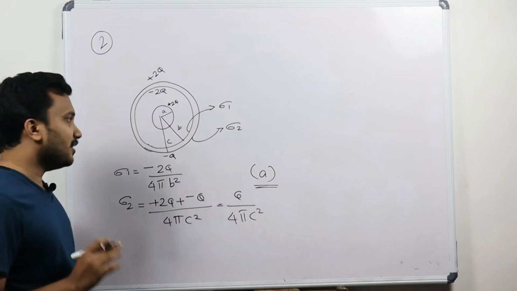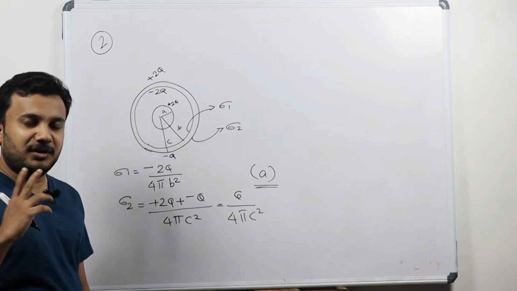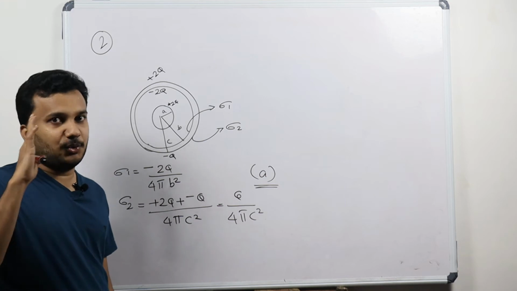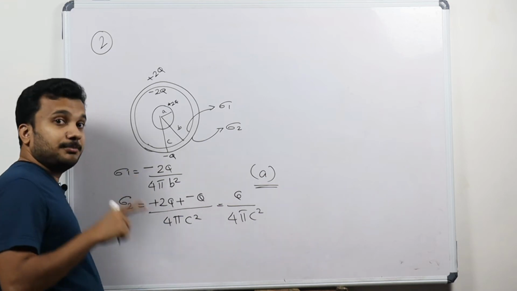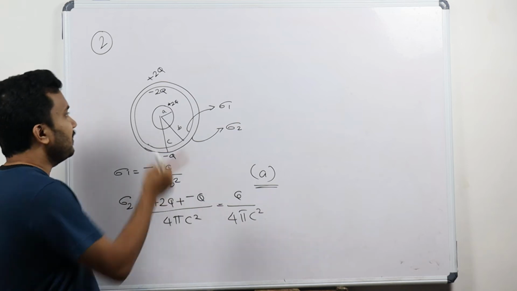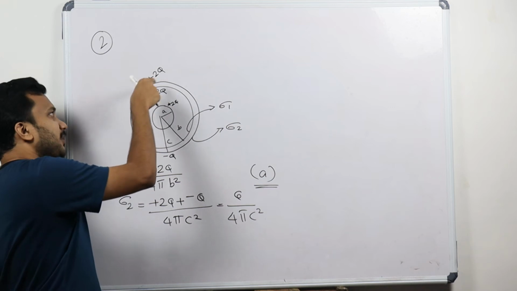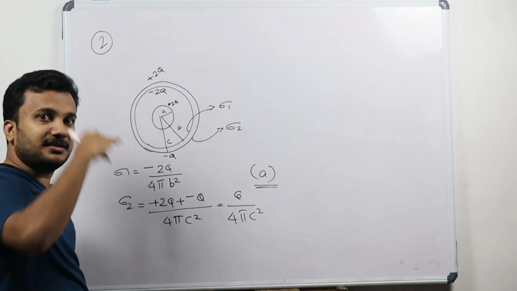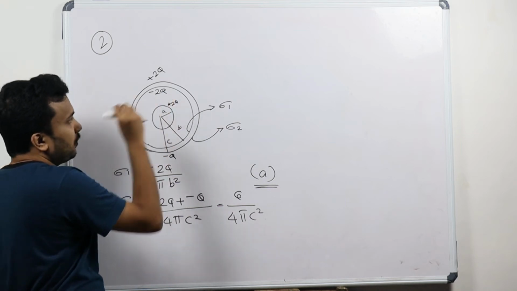Okay, so the concepts you have to remember, here two concepts will be there. One is the formula of sigma, charge divided by area, that you have to remember, point number 1. Point number 2 means the charging by induction property. Here plus 2q then minus 2q will be induced here. Here it is minus 2q then plus 2q will be induced here, and this will go from the inner side to the outer side. Then we will see what is the total charge here.